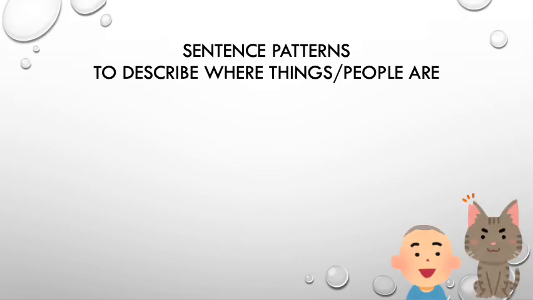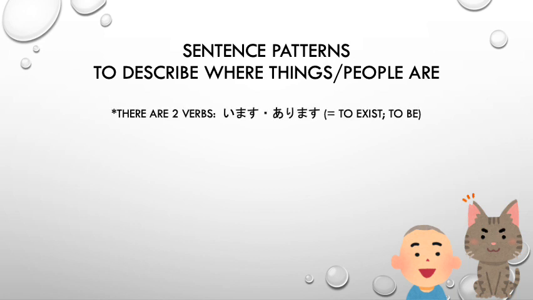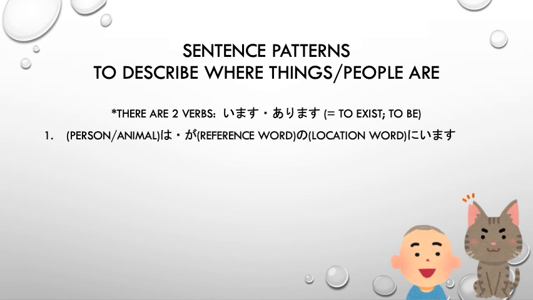To describe where things or where people are, there are two sentence patterns. There are actually two verbs, depending upon you're talking about things, items, or people or animals. います、あります。Both mean to exist or to be. If you're talking about location of people or animals, you use います。